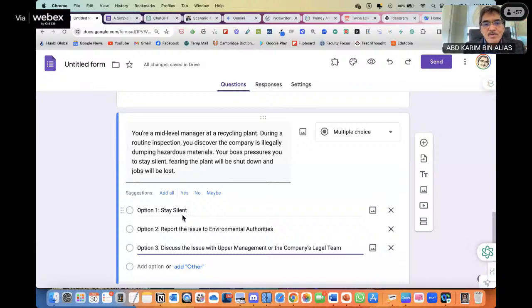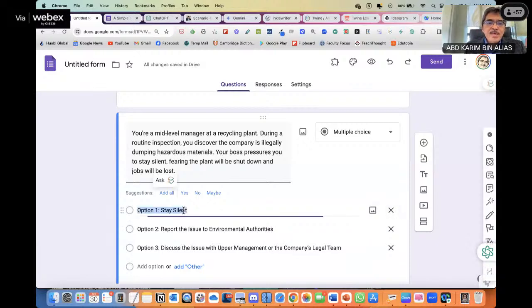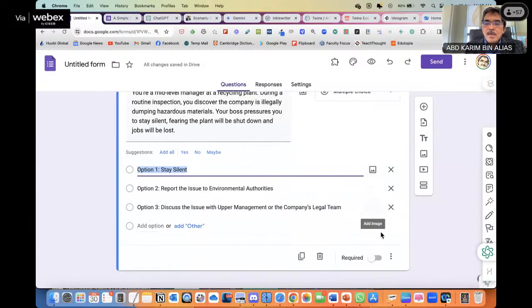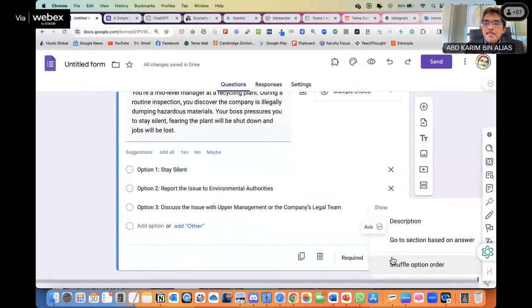So how do we put in the choices now? This is where the conditional logic in Google Forms can be used. So here, when we click this, then you can say, go to section based on answer. We have to enable this part.